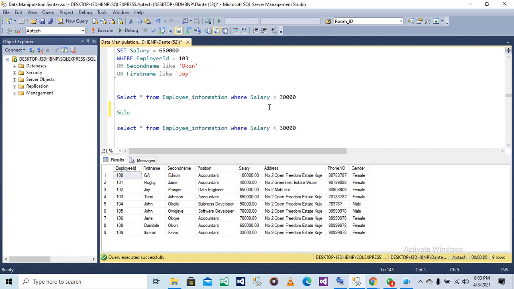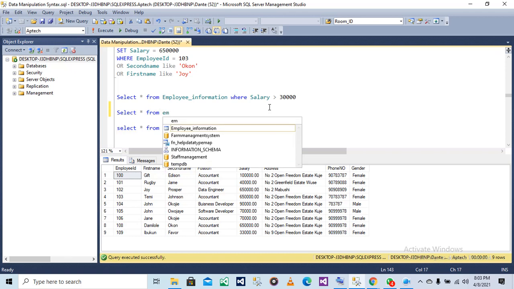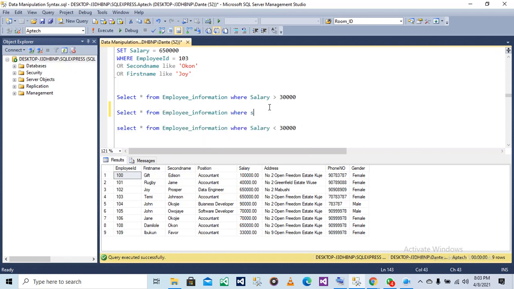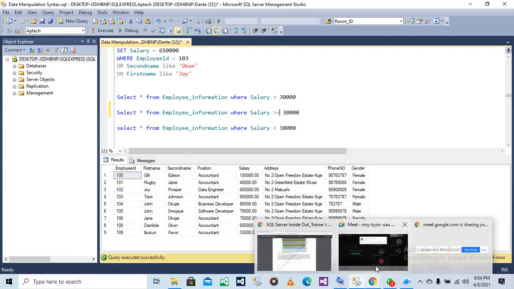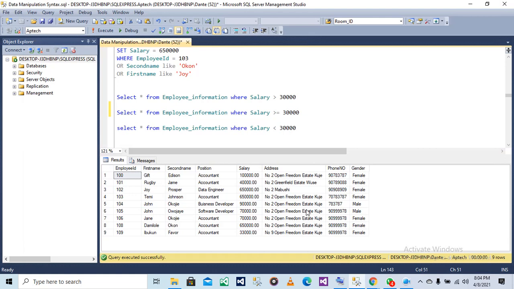Select all from employee information where salary is greater than or equal to 3,000.